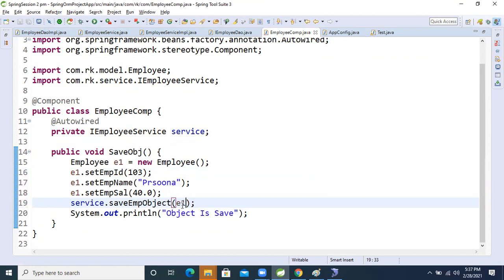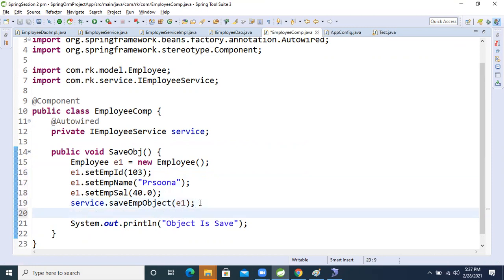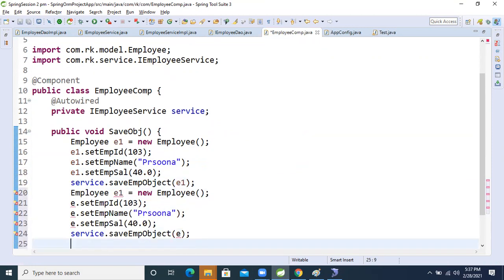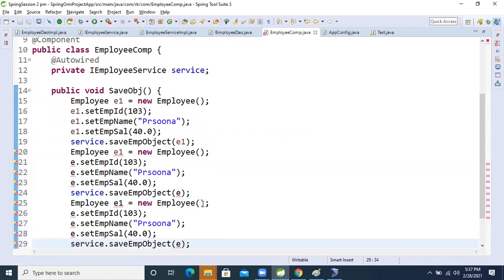Fine. So here the second employee, and here the third employee. I want to save three employees. So here E2. Here ID is 1, here 2. Here Ravi, I'm taking the name as Ravi. Here 3.